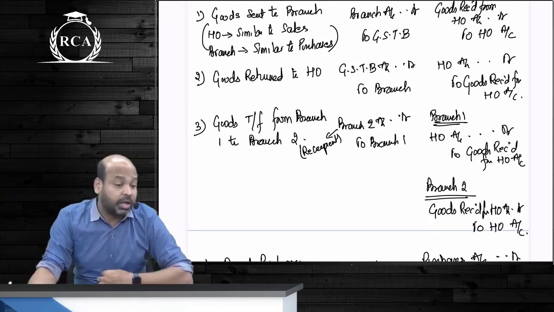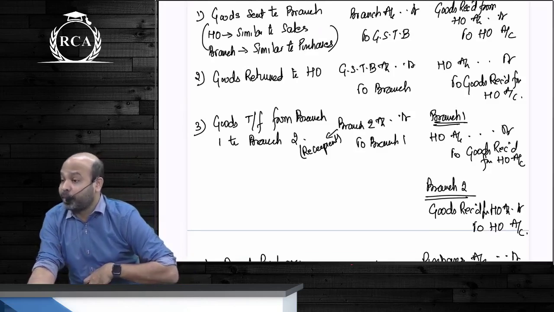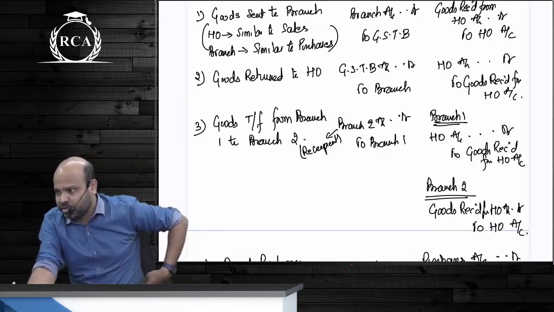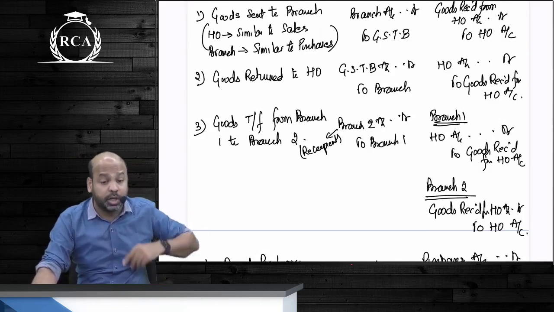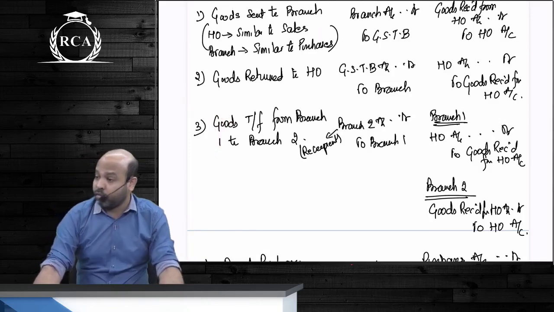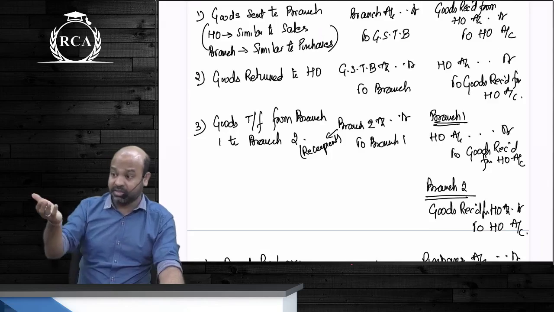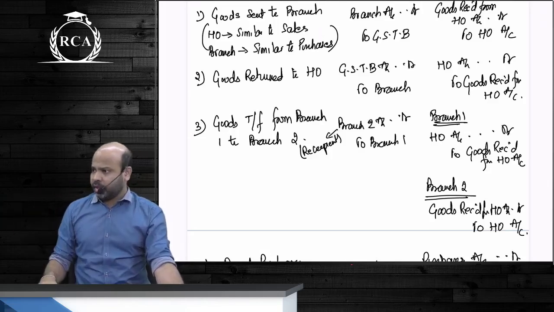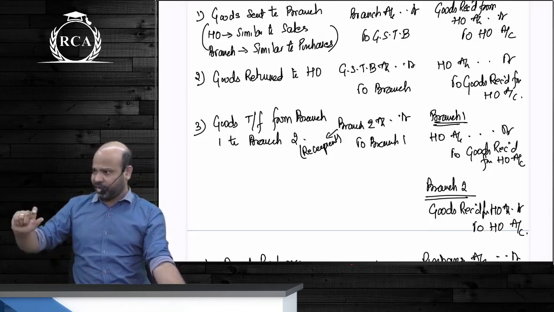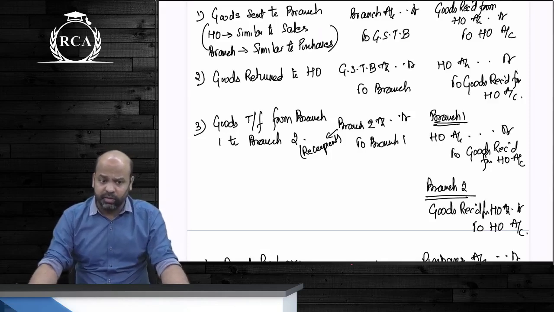If there are goods transferred from one branch to another branch, a branch, beta, will not open an account of another branch. So if a branch is transferring goods to another branch, for them it is as if the goods have been returned to head office. Whichever branch is transferring those goods will record it like returns. Whichever branch is receiving the goods will record it as if the goods have been received from head office. In the books of head office, you will have to pass that adjustment entry, beta. You will debit the receiver, you will credit the giver. So if branch 1 is sending it to branch 2, you will write branch 2 account debit to branch 1